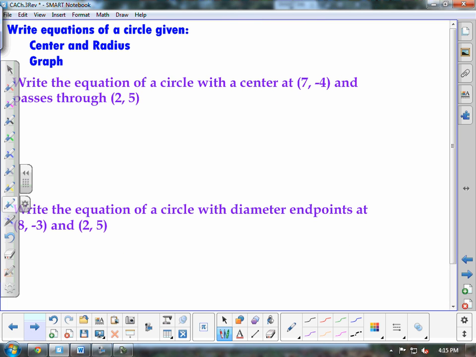Now then, writing equations of a circle given the center and radius. So, the equation of a circle with a center at 7, negative 4 means you would have x minus 7 squared plus y plus 4 squared, because it's always the opposite when you put it in with the variable. And then you have to find the distance between those 2 points,